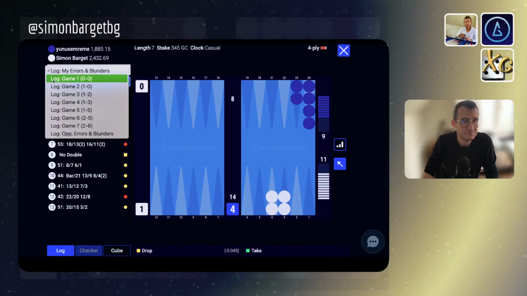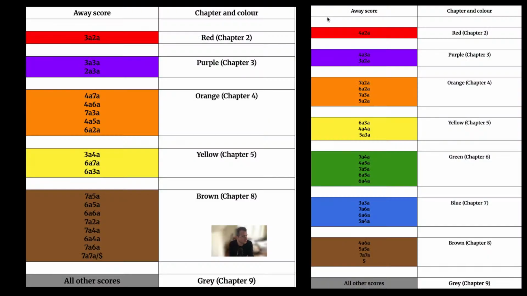It's in grey, so it's less active than any of our scores, and specifically our benchmark score of 7 away, 7 away, which is brown. It's less active than brown, which means we would be slightly less willing to double at this score than at brown. But since the position is pretty strong anyway, it might